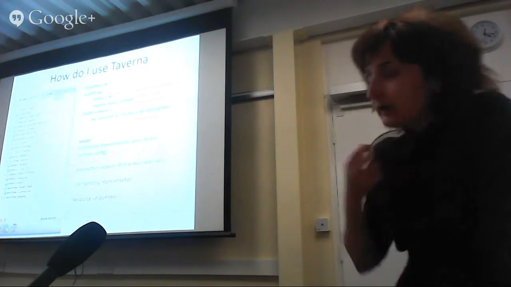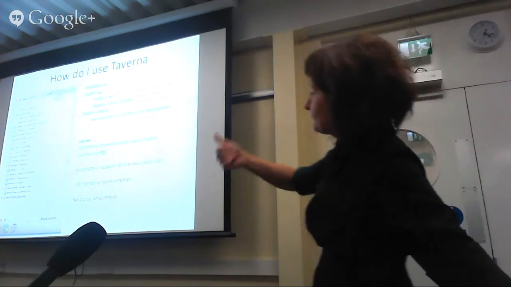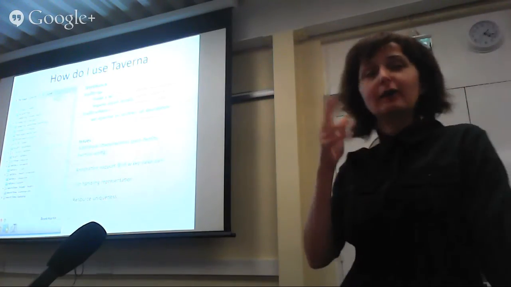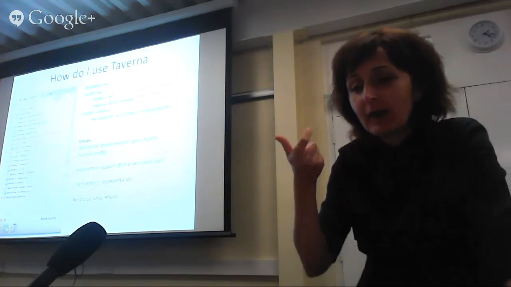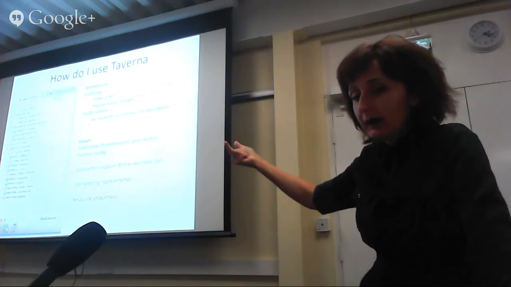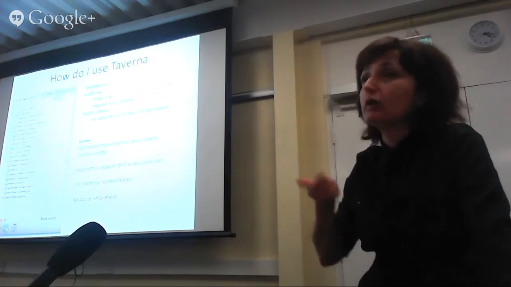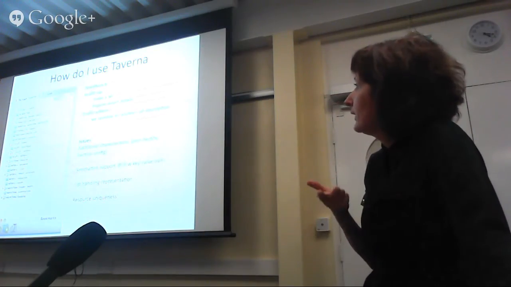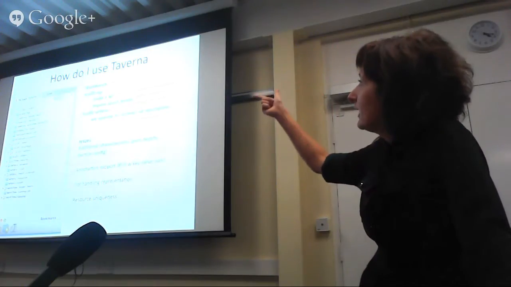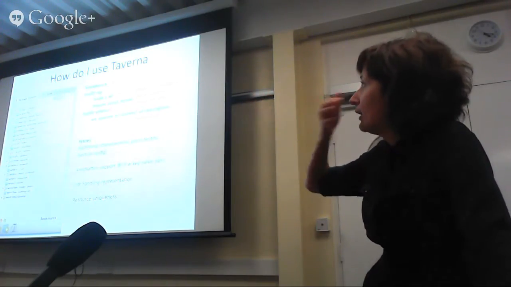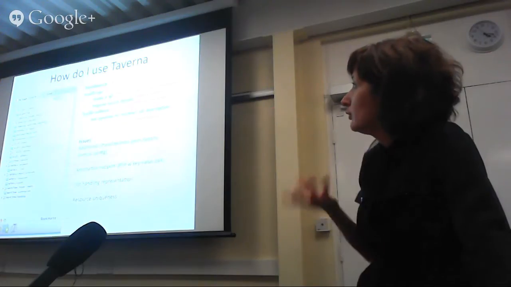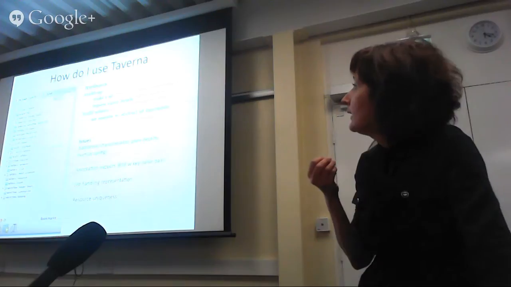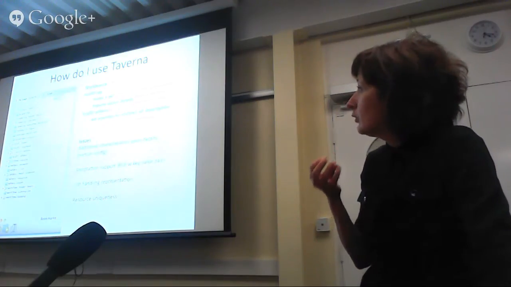How do I use Taverna? So this is my workspace, and lots of projects only on average probably have 2 or 3 classes in them. I very much use the workflow structure and also the provenance for query. So I use the Workbench a lot. I use the Taverna API. I've used the API to first of all inquire about the details of workflows,